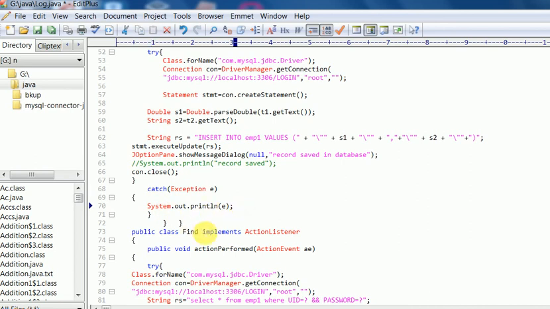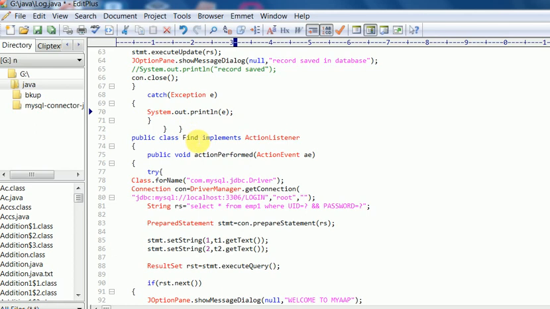So next time I will open this class again and declare the connection string here, and this time I will use the select query with the dynamic values of UID and password, and this string will be kept in rs after having the value of the question mark parameter. This value will be set by the dynamic statement, which is called a prepared statement, and then stmt is declared as a prepared statement,